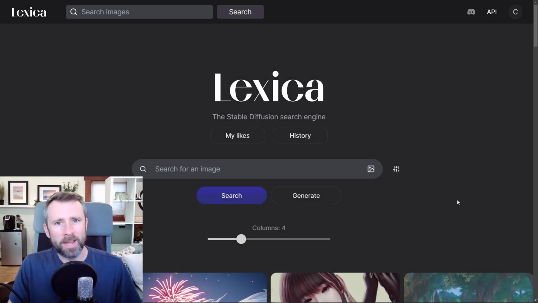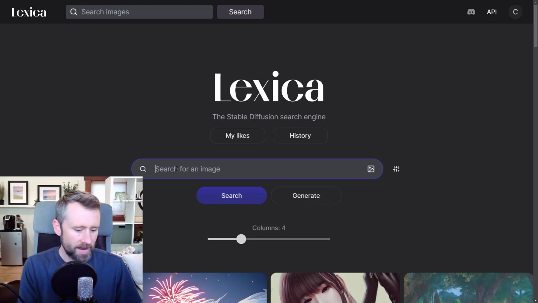One really effective way to achieve a particular style for your generation is essentially to steal the modifiers from some art that someone else has generated. And you can do that with a site like this one, lexica.art. It's essentially a giant library of images generated by Stable Diffusion. So what we can do is search for our subject matter, Steampunk Factory,